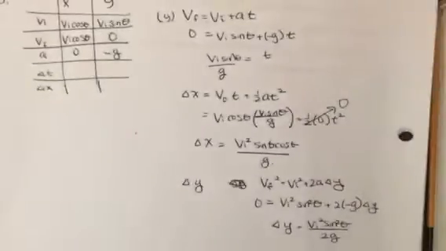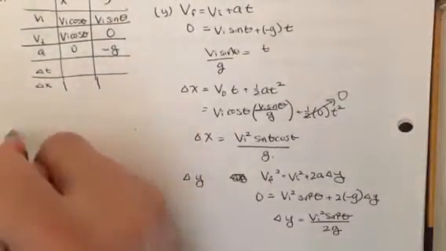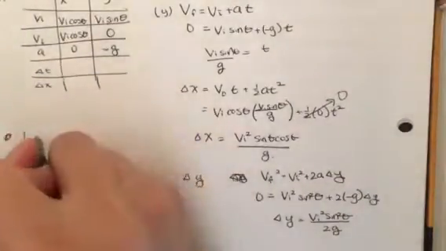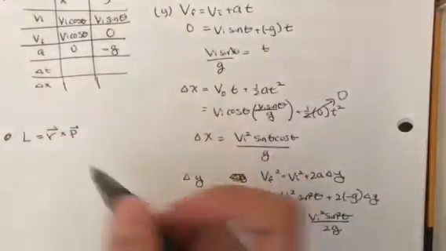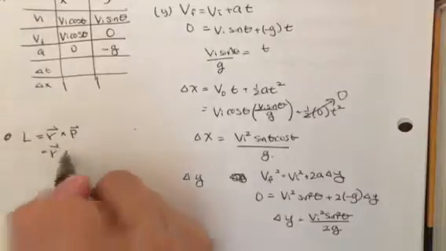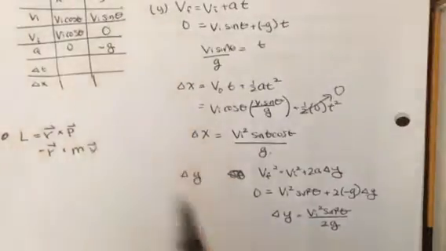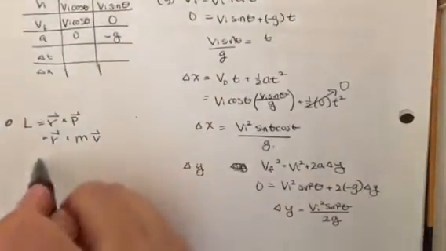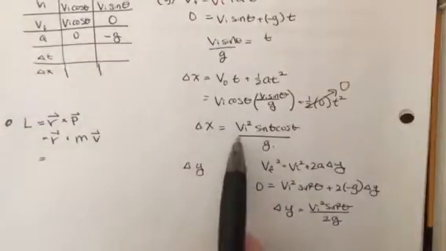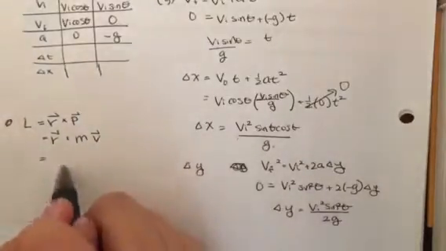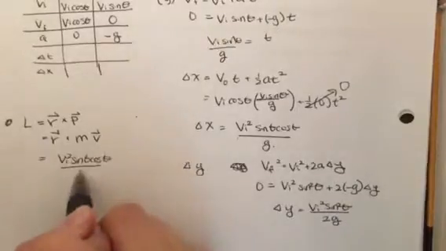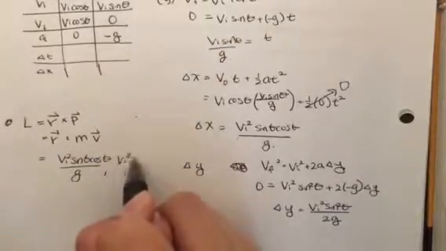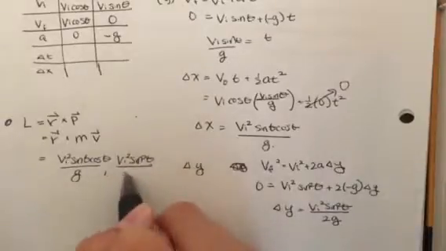So now back to the original question, which said to find the angular momentum L, which is R cross P. Now we know that P is also mass times velocity, where mass is a scalar, V is the vector. R we know is to be x here and y there, so V_i squared sine theta cosine theta over g, V_i squared sine squared theta over 2g,